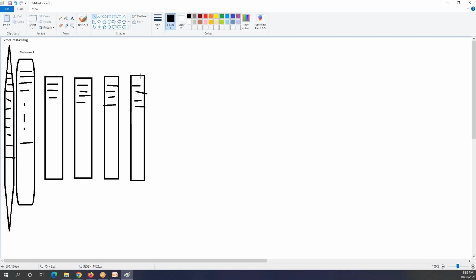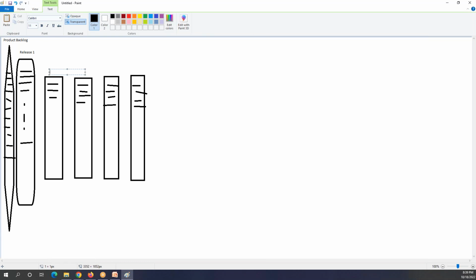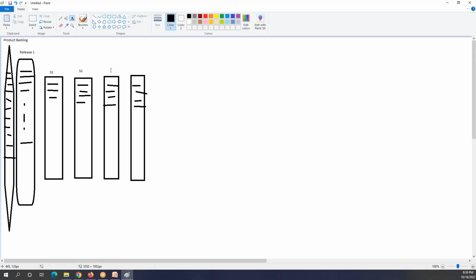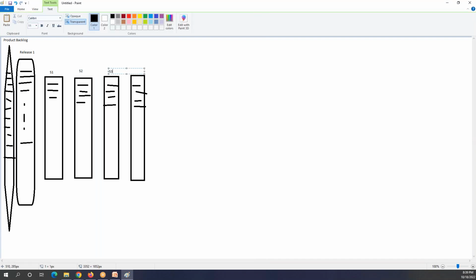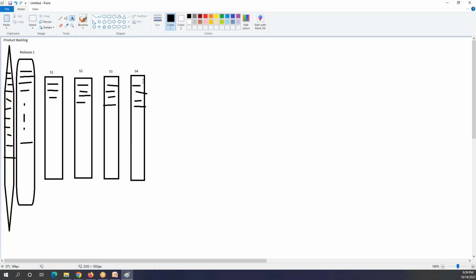This is sprint 1, sprint 2, sprint 3, and sprint 4. After sprint 4, they are going to release the product, and the product looks something like this. At least the product owner will see something.